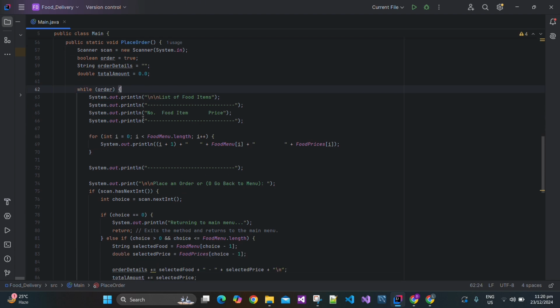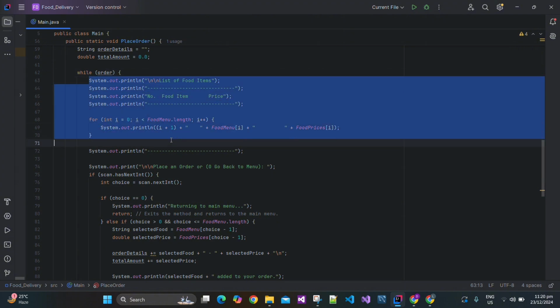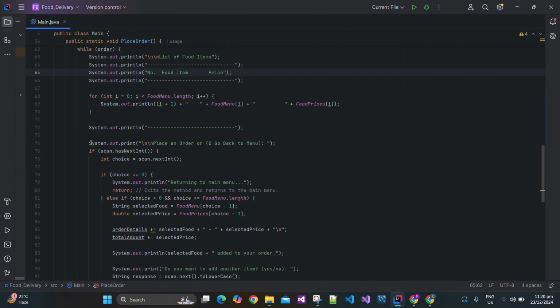The while order loop keeps running as long as the user has not finished placing the order. Displaying the food menu inside the loop, the program prints the available food items along with their prices. A for loop is used to iterate through the foodMenu and foodPrices arrays to display each item.